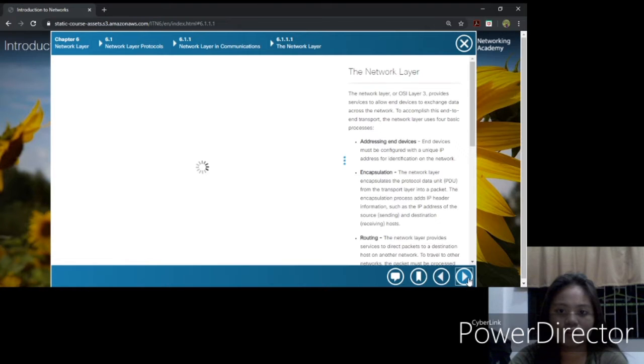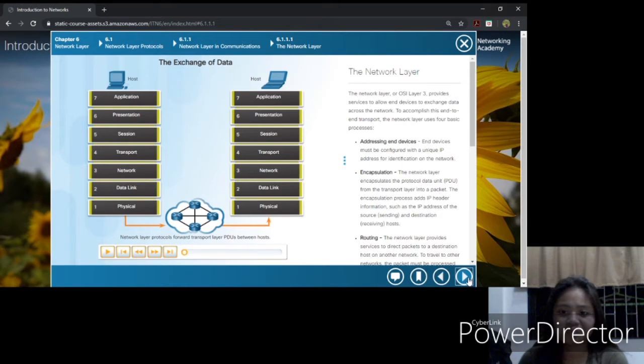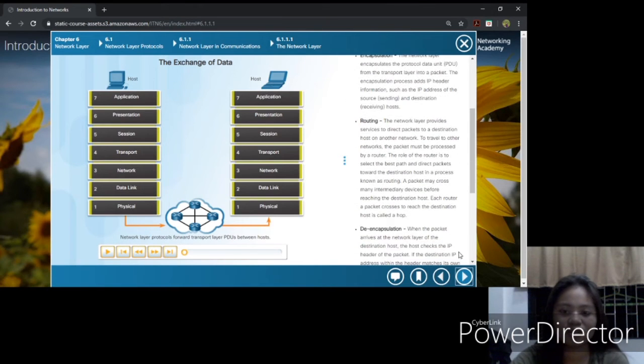So the next is the network layer. To establish the end-to-end transport, the network layer uses the basic process: the addressing, and devices that must be configured with a unique IP address. The encapsulation is the process that adds IP header information such as the IP address of the sending and the